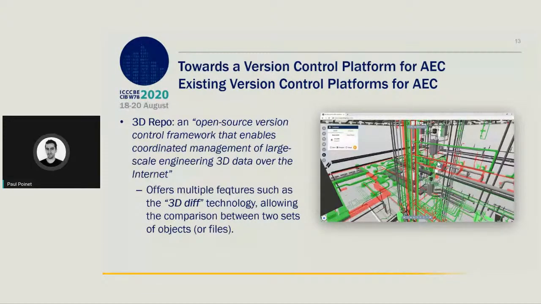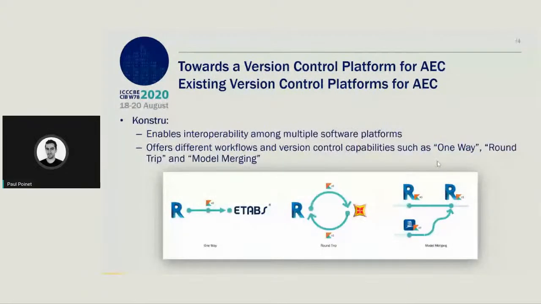So it moved from the diffing in GitHub for text-based files to 3D diff technology that allows you to compare changes between different 3D object files. Speckle was also developed by Thornton Tomasetti, an engineering firm based in the USA. It enables interoperability amongst multiple software platforms and offers different workflows and version control capabilities such as one-way, round-trip, and